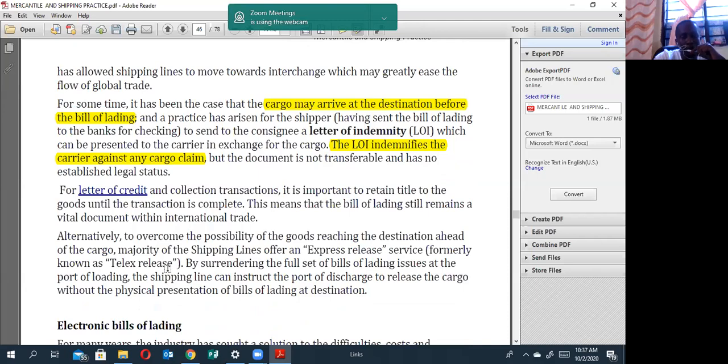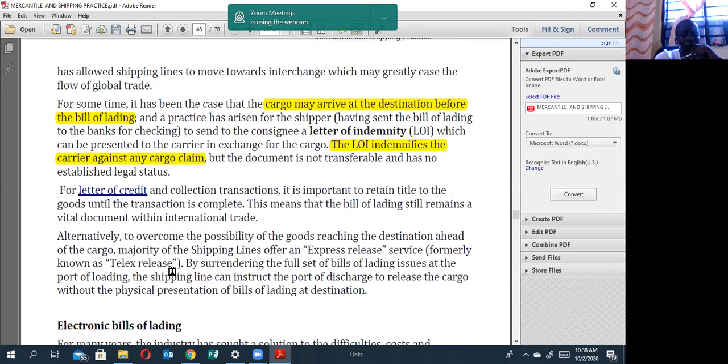So for the letter of credit and collection transactions, it is important to retain the title to the goods until the transaction is complete. So this means that the BL still remains a vital document within international trade. So it's a very, very important document. So in other ways,